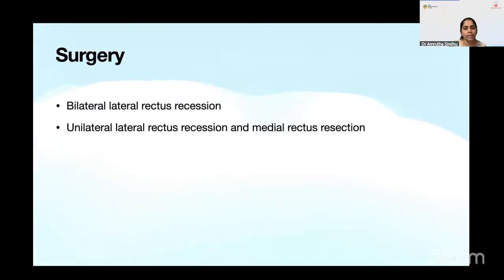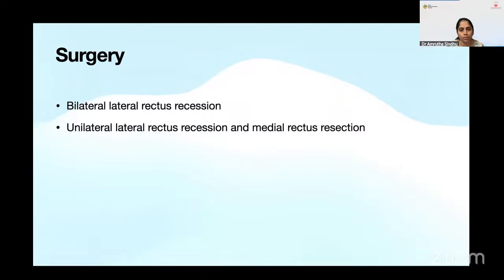So the surgery, ideally, since it is a concomitant strabismus, we should try to do a balanced surgery between both eyes. So bilateral lateral rectus recession is planned. So that is an ideal way of correcting the intermittent exotropias. Sometimes, in case the child has an amblyopic eye, or when there is a dominance of one eye, we try to do the squint surgery on the non-dominant eye. So in that case, we do a unilateral